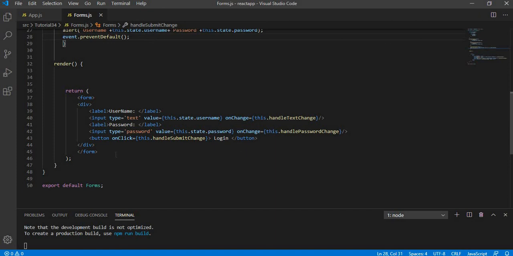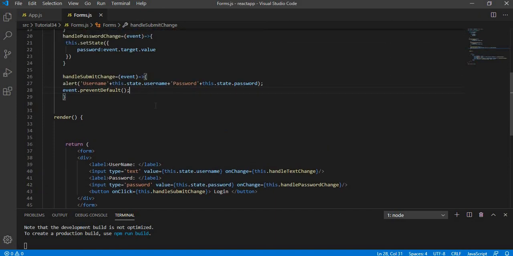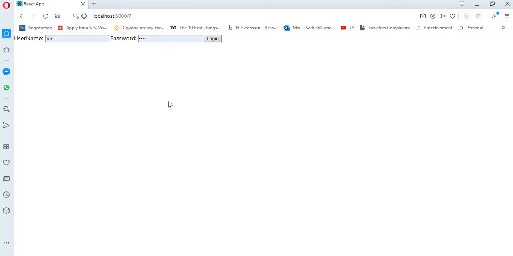And once you click on the submit button, in order to not refresh or flush out the values that already exist inside, what you need to do is event.preventDefault. So after having this event.preventDefault, I'm going to give the username and password.